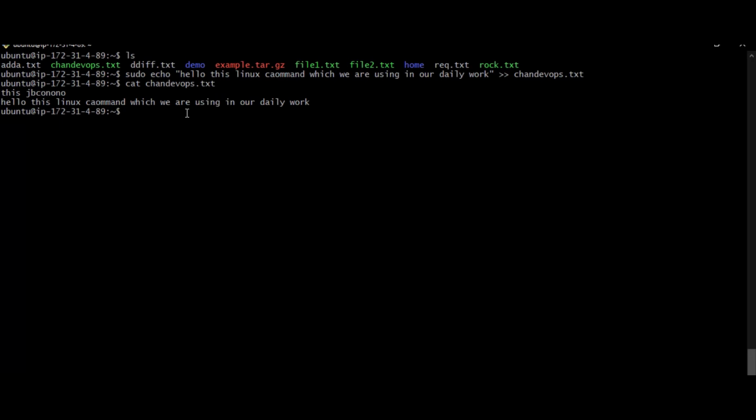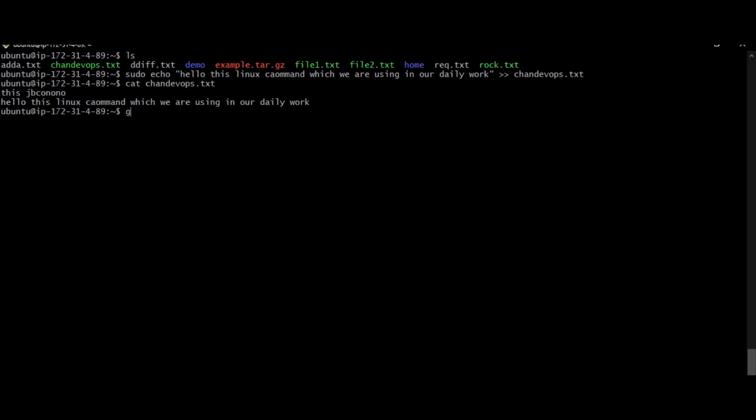Actually, this echo command is leveraged to print a string of text passed as an argument to the terminal window. It comes as a built-in command, and it's frequently used to output status text in shell scripts. Mostly it's used in shell scripts to print the output of data, and to print the value of environment variables such as the user and the path of a file. We can do this type of activity by using the echo command.